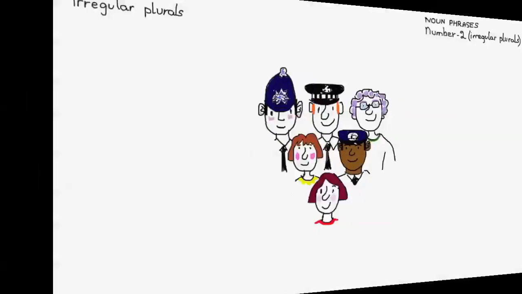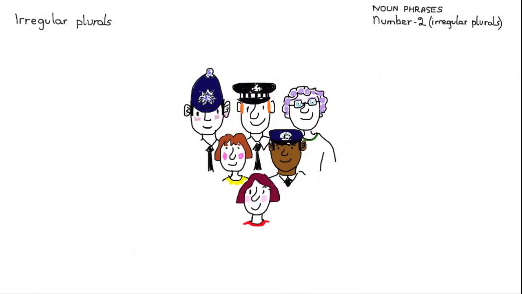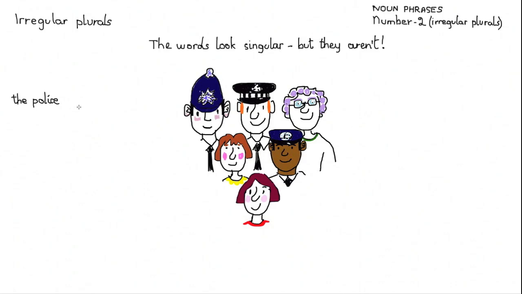In the meantime, here's the next screen, and we're looking at a number of different people, and they all have this in common. The words look singular, but they aren't. So it's the opposite of the previous screen. And I'll write the first word on the left here. You can guess what it's going to be, I think, probably. Police. Police looks singular, but it isn't. The police, and I'll write the complete sentence here, control the highways. Notice that control hasn't got an S. Why not? Because the word police